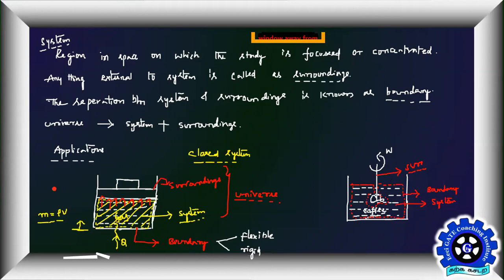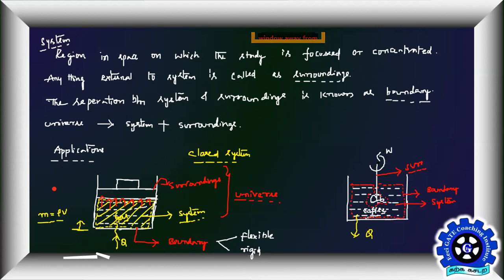So basically what I want to tell here is, in these problems there is energy interaction happening. In this problem the energy interaction is work input. By rotating the stirrer you are doing some work. And during this energy interaction the mass of the coffee is fixed, and you can have some heat interaction with the surroundings. That's how the coffee temperature will come down. Then you will be comfortable drinking the coffee. So there is energy interaction in the form of work and heat.